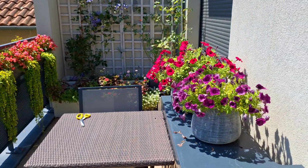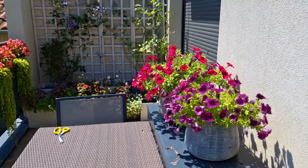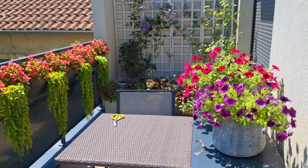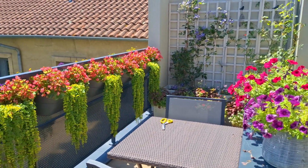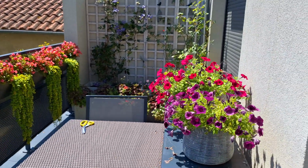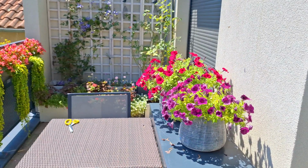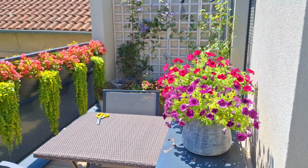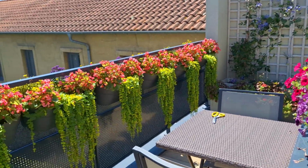Alright, and over here we have some petunias. And you know, that's so funny how I always avoid planting petunias in this garden, because whenever I planted petunias, like in the railing planters or wherever else, the owners were not able to keep them alive, like they would die within a couple of weeks. But this year, I mean, these two were planted by the owners themselves, but this year I used my own custom